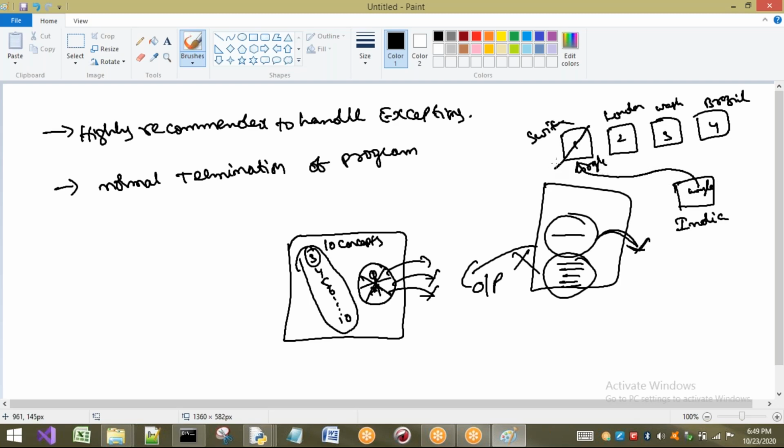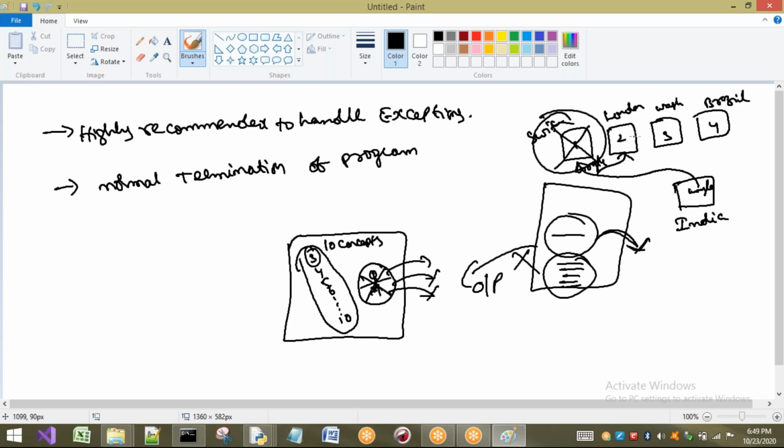Here the server has broken down. The server is not working. Then what happens? Because of this, will my site stop execution? No, it will go to another route. Here it will go to London, which is going to take my request and give the response to me. Because of this, I am not going to stop.